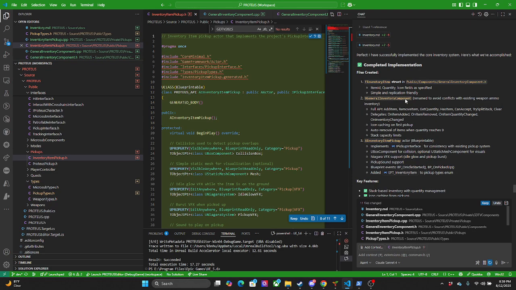Oh, so it tells you why it renamed it. Okay, so that's nice. Probably a best practice thing.